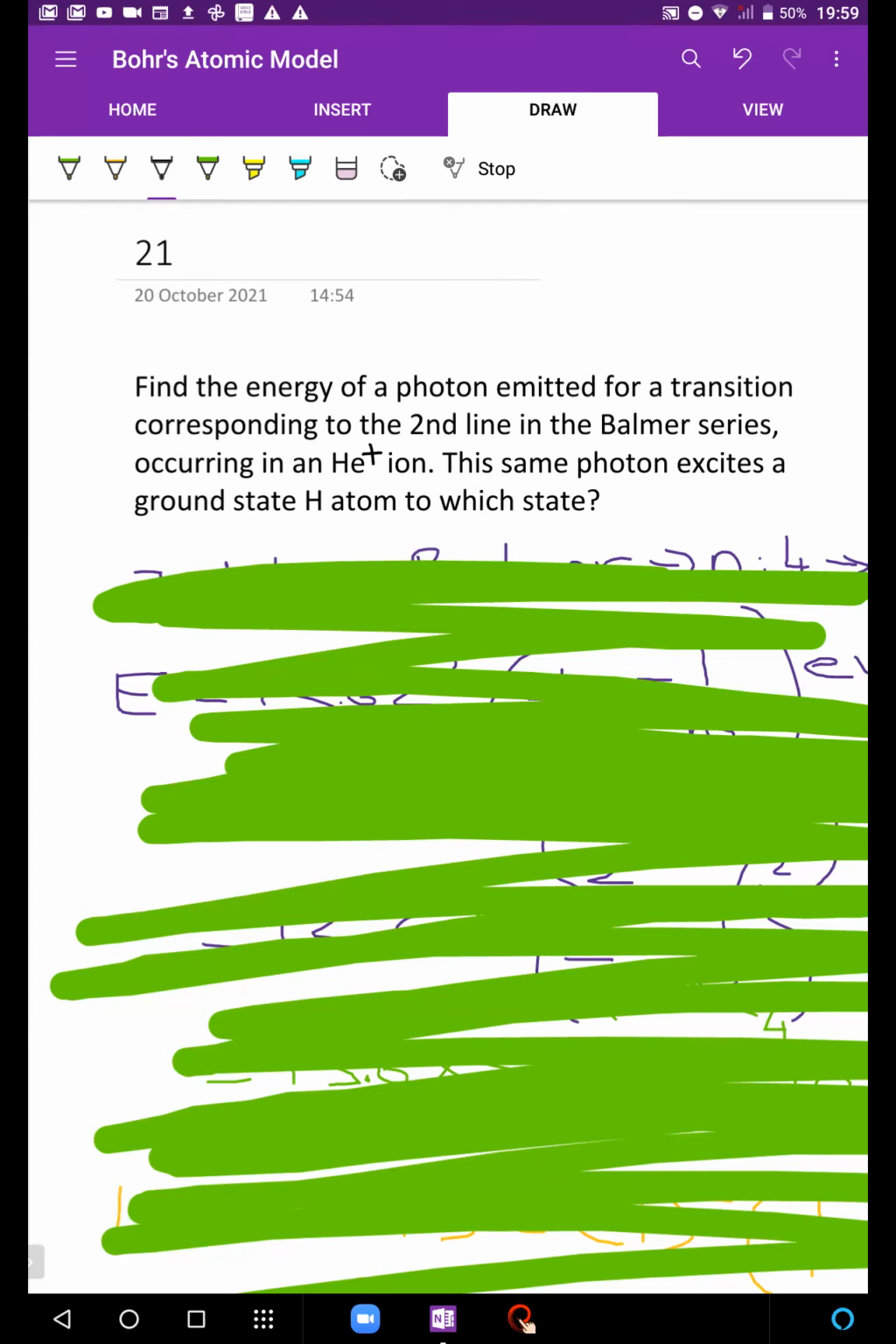Okay, so find that. एक simple question है, and then this same photon excites a ground state hydrogen atom to which state? So this same photon excites a ground state hydrogen atom to which state? सिंपल है, चलो सब लोग से होना चाहिए।